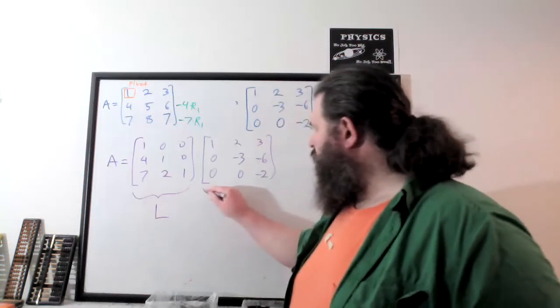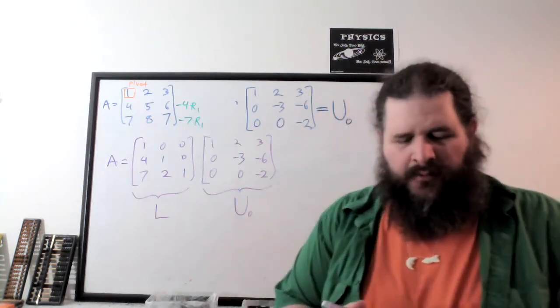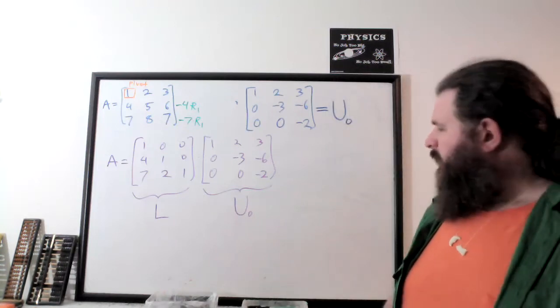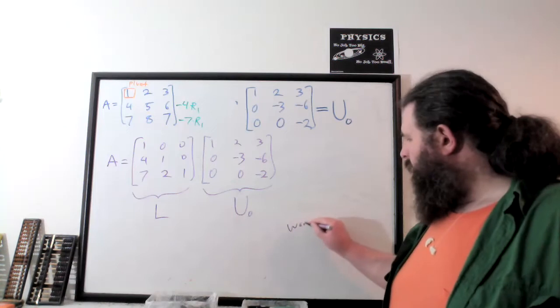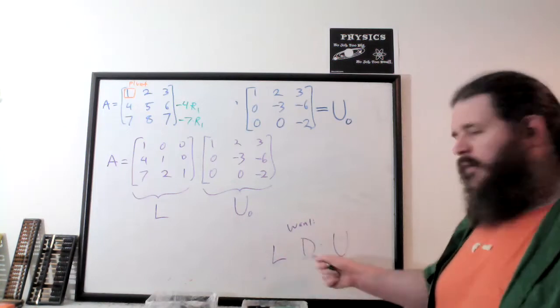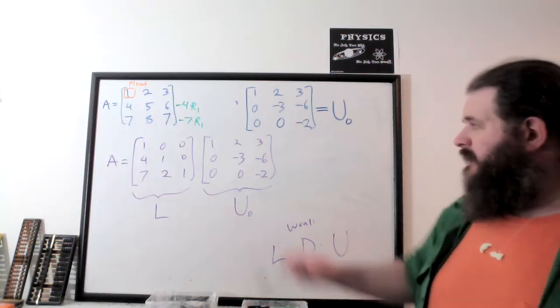L, and then I'm calling this U sub 0, because we're going to need to make another modification to get what we're going to call U in the end. To do that, though, what we want is L times D times U, where D is purely diagonal,